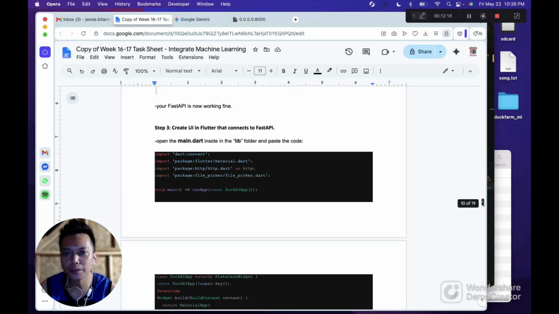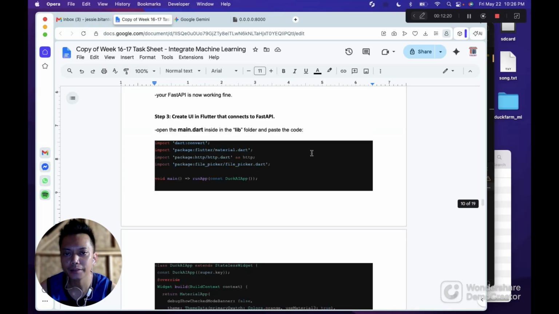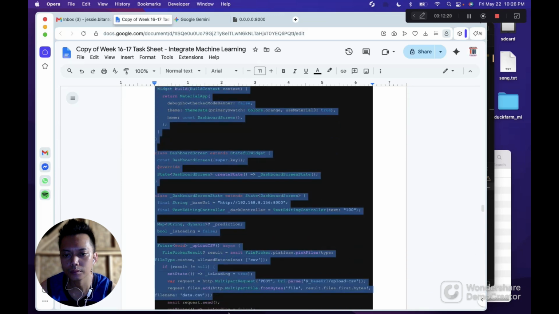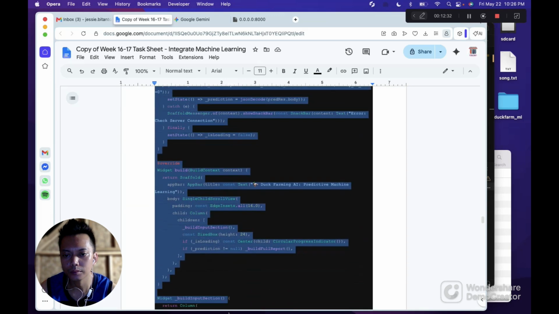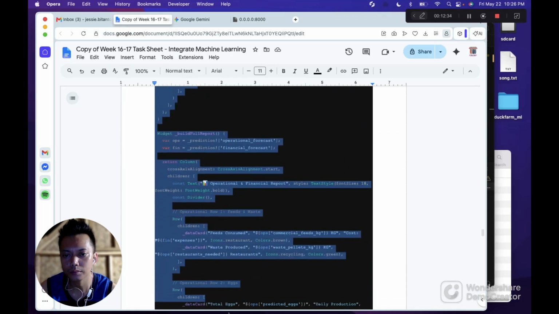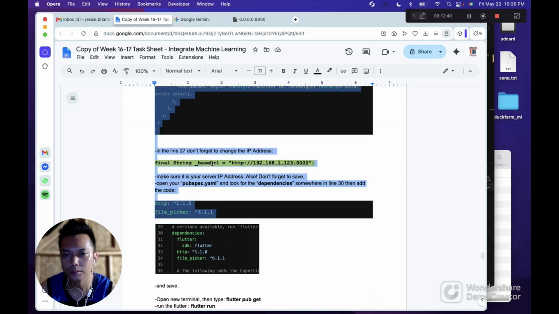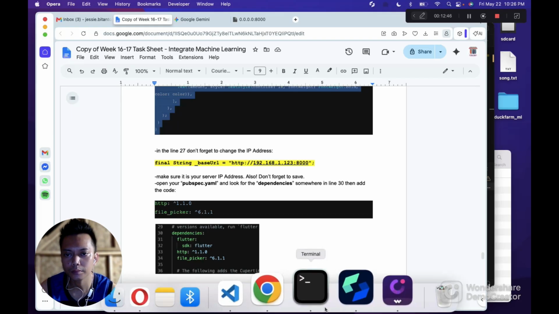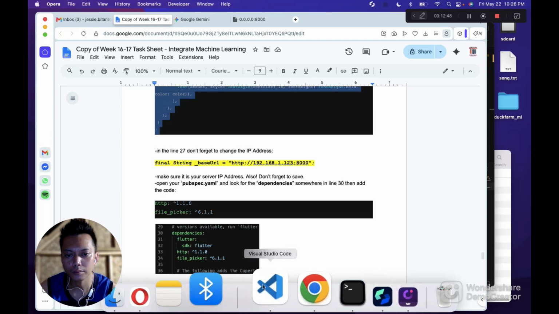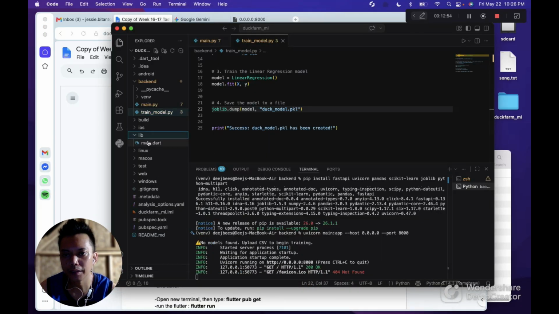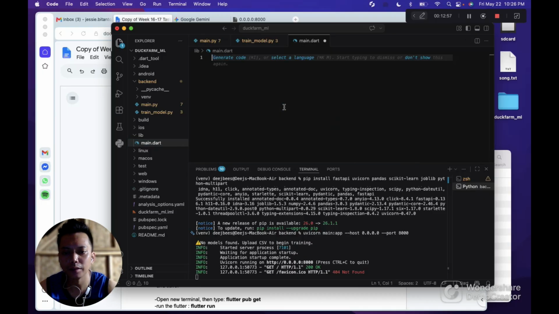Now we are going to create a UI for our main.dart. So we're going to copy the code. So here in the main.dart, we're going to delete all this, then paste the code.